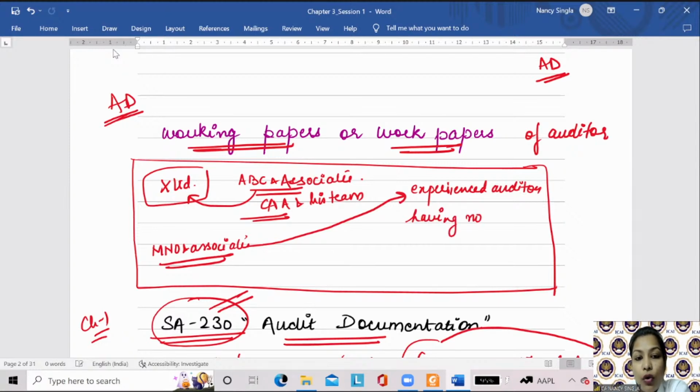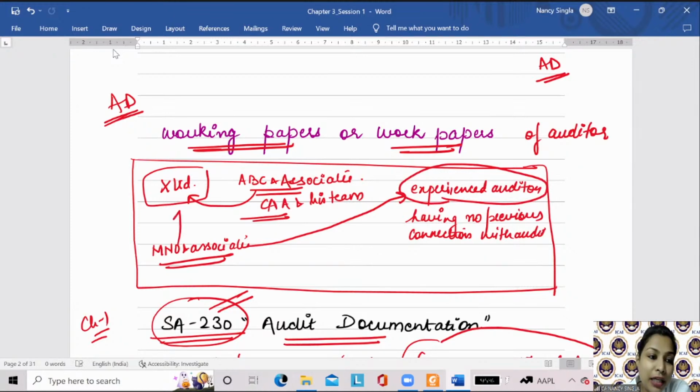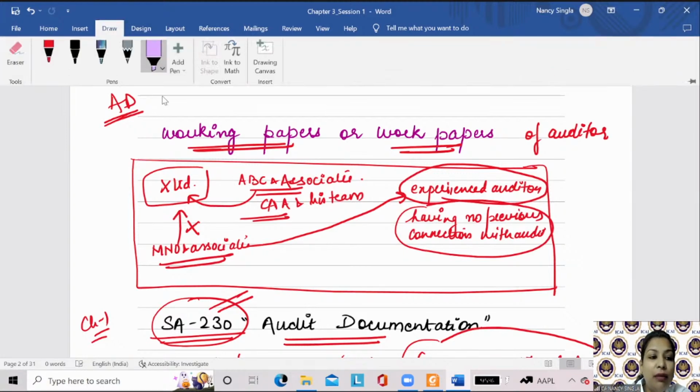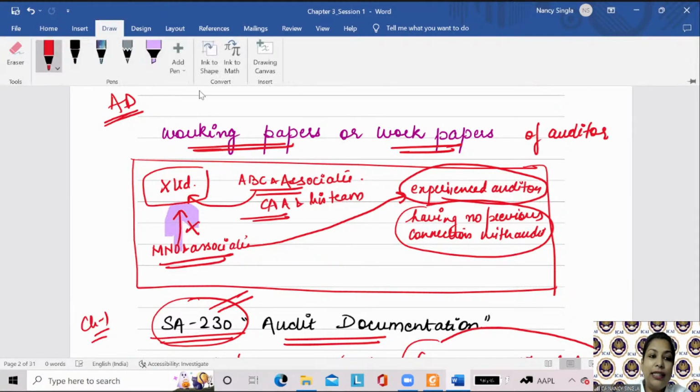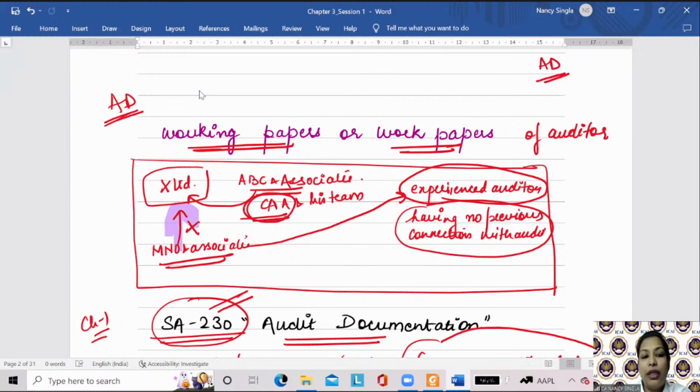having no previous connection with the audit. See, they are experienced, MNO and Associates, but they do not have any previous connection with X Limited. They are a firm of chartered accountants, so they are experienced auditors, but they are not having any previous connection with X Limited. So SA 230 says that, listen CAA and your team,